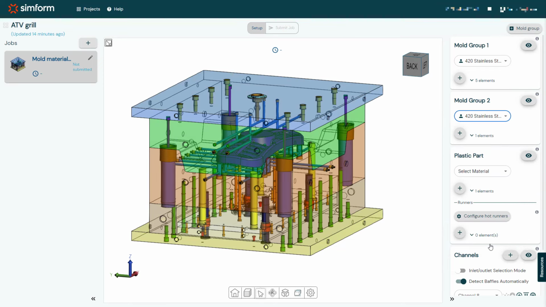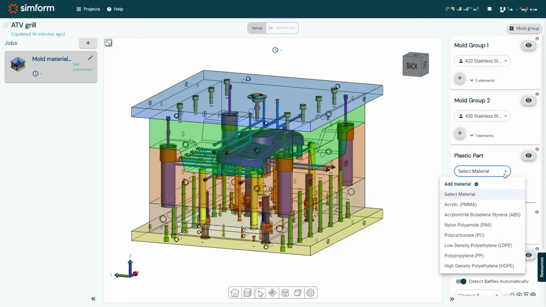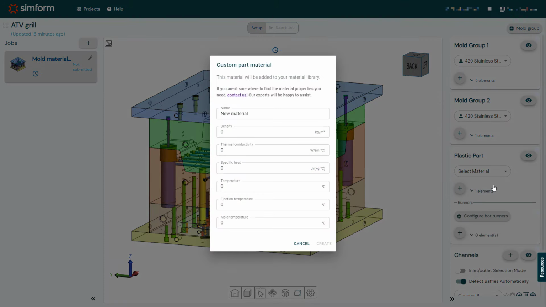Now I will create a custom material for the plastic part, for example, polyphenylene oxide. So in the plastic part panel, I will expand the Select Material list and click Add Material. In the Custom Part Material window, I will enter the material name and the following parameters: a density of 1,100 kilograms per cubic meter, a thermal conductivity of 0.2 watts per meter Celsius, and a specific heat of 1,300 joules